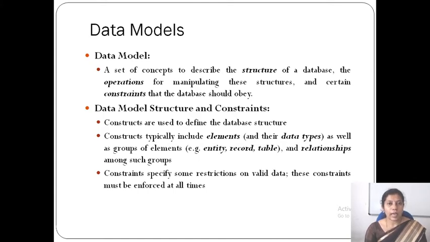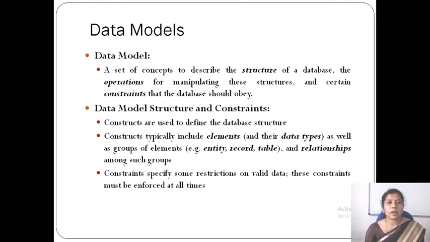Then if I have hundreds of entities and I group all of them, I'll get a table. Each entity has its own record or information. Like that you can define groups of elements and the relationships among the groups.